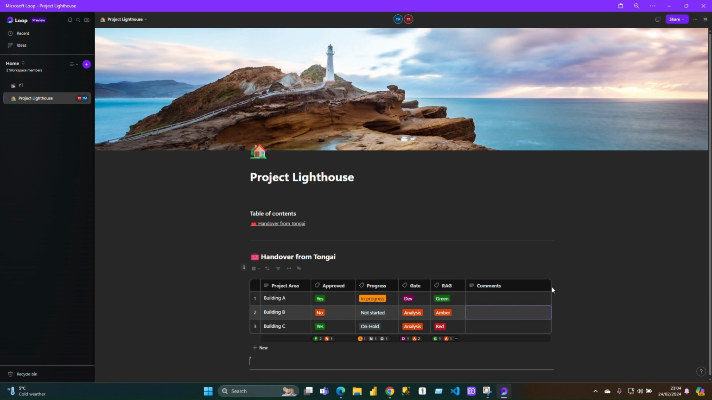Comments. Then we know this is by default going to be a text column. So that's fine. You can say no comment there, but for the amber ones: not signed off yet, lack of resource, see email. There you go. So there's a wider discussion going on, so we could just say see email,